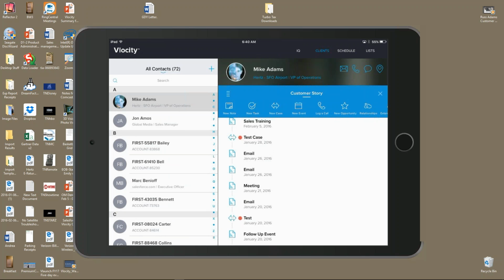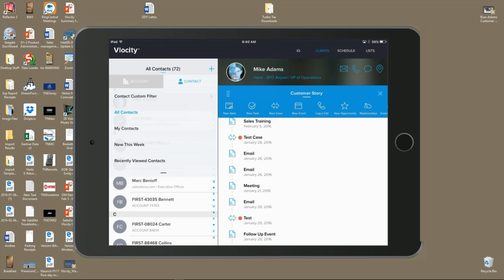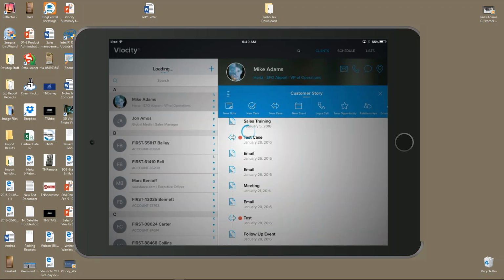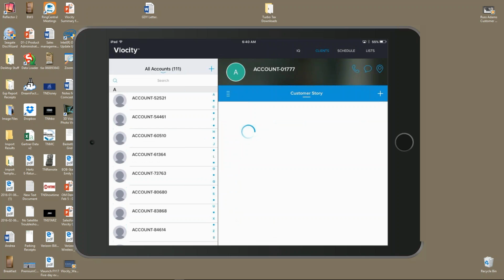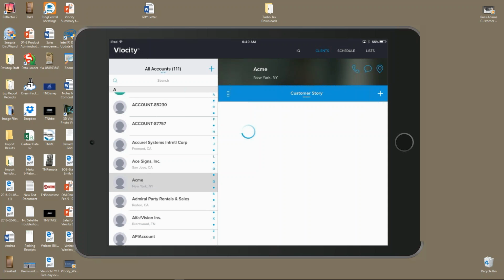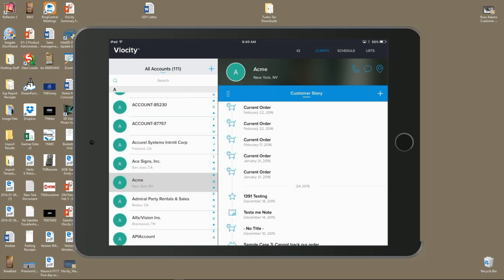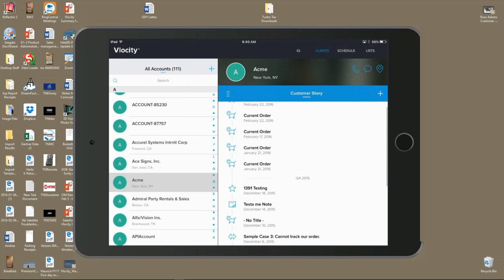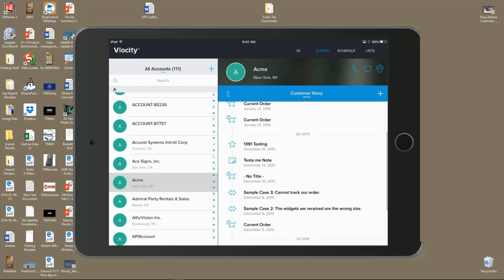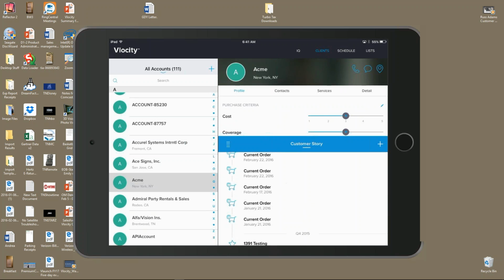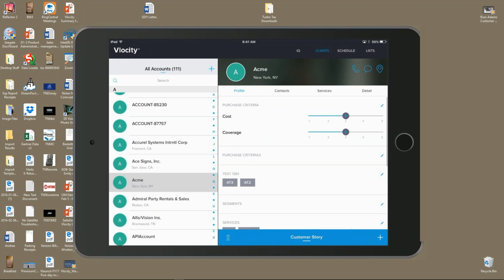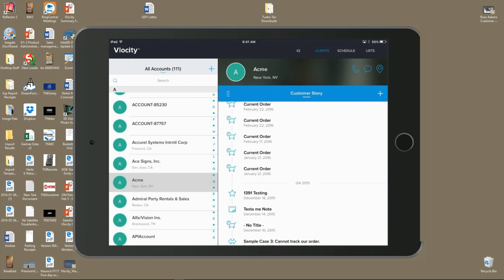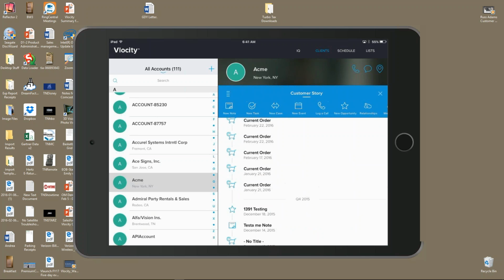Now let's go over to the account piece of this. Okay, so these are our contacts. We can go ahead and go over to our accounts. It's going to bring in all of my accounts that I'm working with, and now I can get account view. We'll go to the Acme account here. Again, we're going to be presented with the customer story, all of my interactions at the account with all the contacts at this account. We can do profile tagging at this particular level as well. At the account level, we can go ahead and set up new events, cases, opportunities,